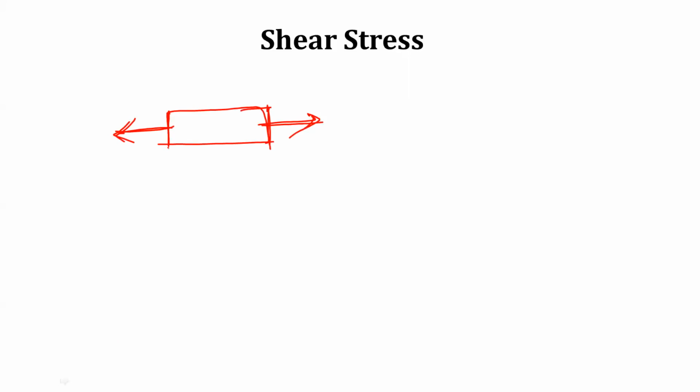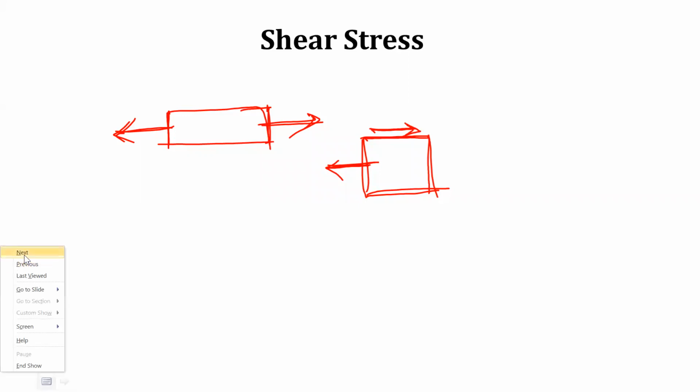But in shear stress, what will happen? The loads will act tangentially along this direction, tangential to the surface or parallel to the surface, not normal. This is the normal direction or normal force, and this is tangential. That means we are just pressing the surface along the direction. So in that case, shear forces will develop, and shear stresses will develop. So we'll discuss this.